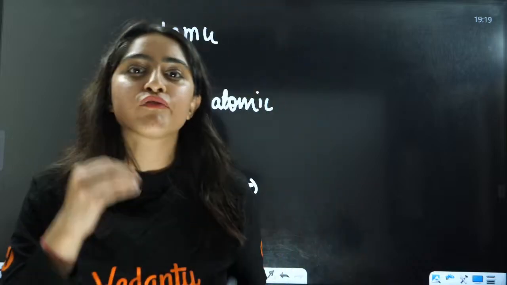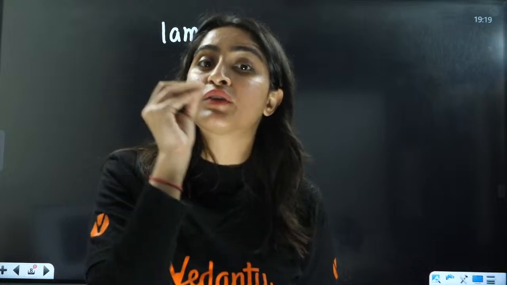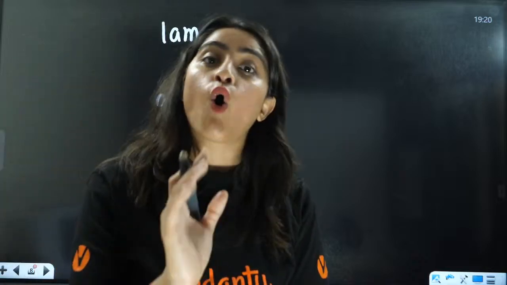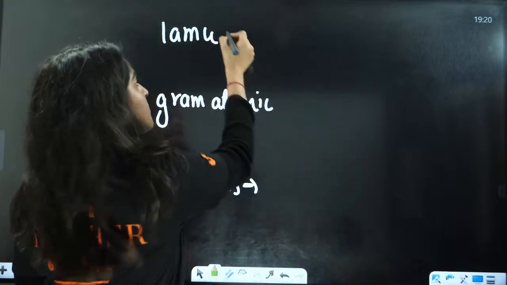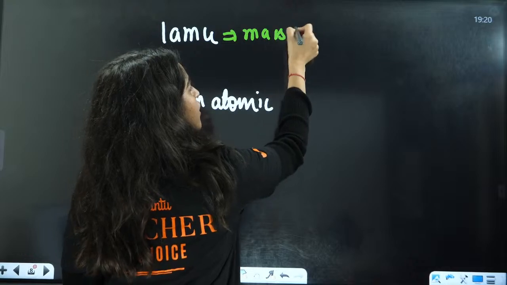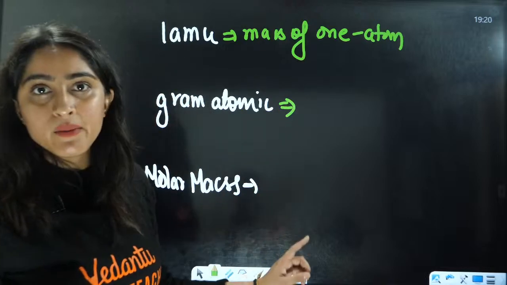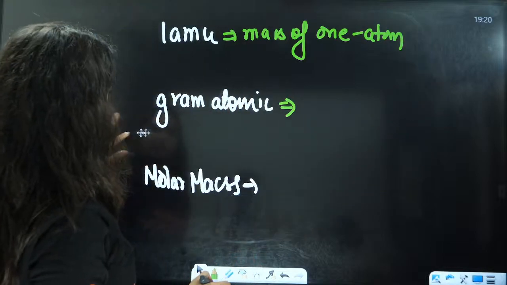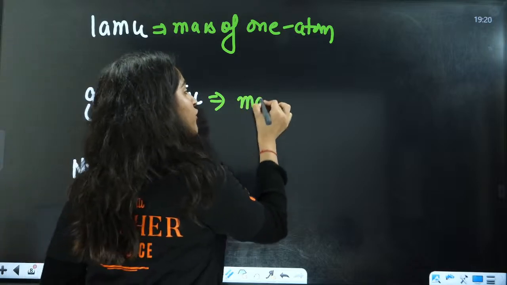atomic mass unit is the mass of any atom. If we have carbon, hydrogen, nitrogen, oxygen, if we are talking about any atom, the mass of that atom is called one atomic mass unit. Suppose we are talking about oxygen. I am talking about an oxygen atom. The mass of one oxygen atom, this is the mass of one atom. Okay, gram atomic mass, this is the mass of